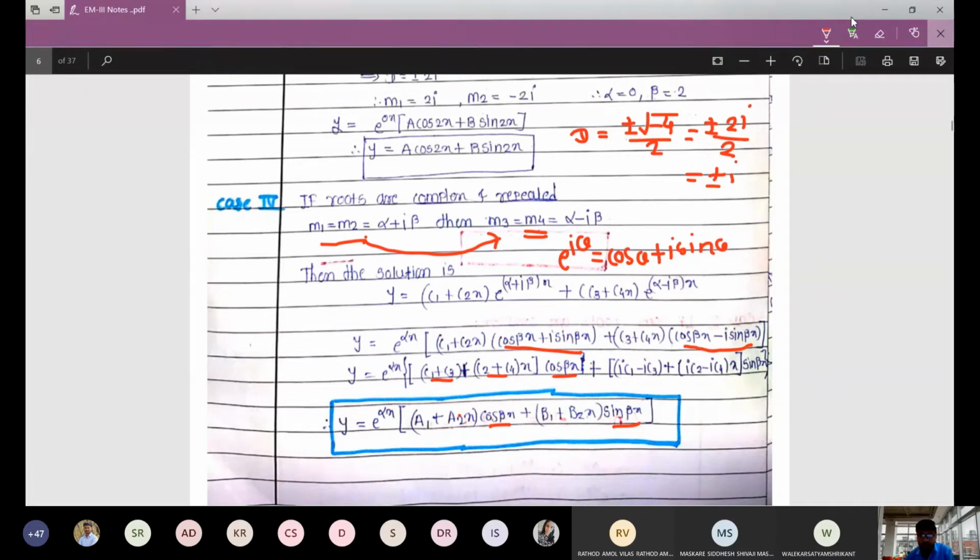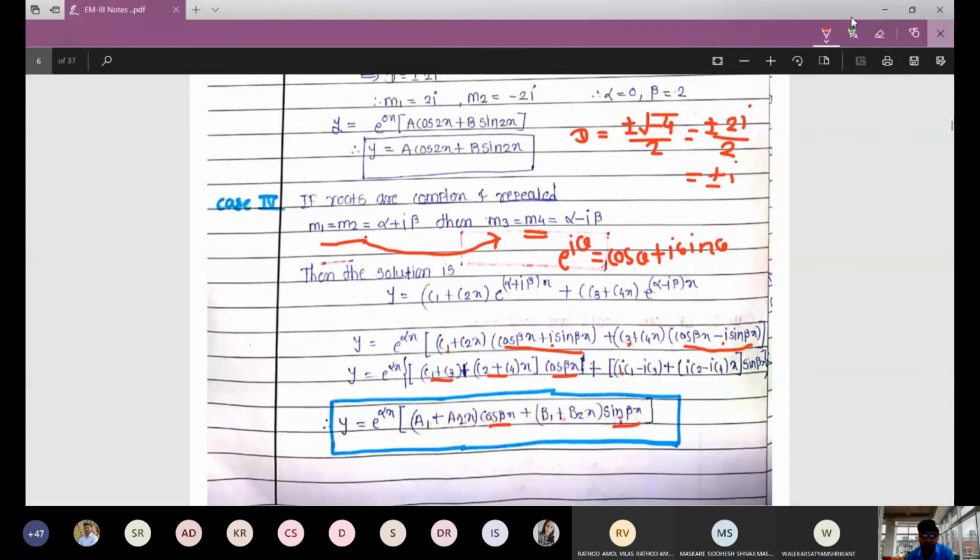Now what about sin? Again we can see i times c1, and in the second term we have minus i times c3. So that's i times c1 minus i times c3. And what about the second term? c2 x times i, that is i times c2, and in the second term we have minus i times c4 times x. These are the coefficients of sin beta x.